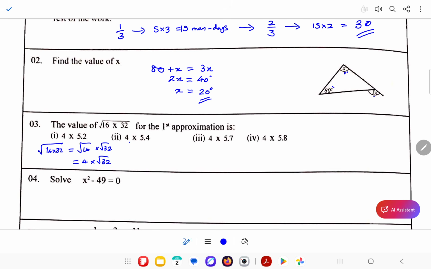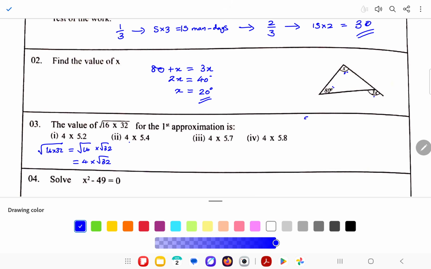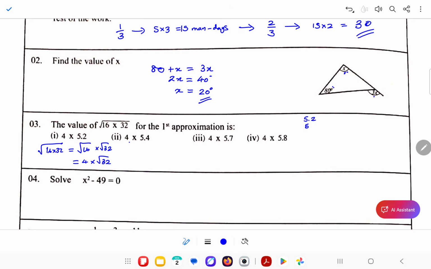So do 5.2 into 5.2, so 27.04. Then let's do 5.4 into 5.4,